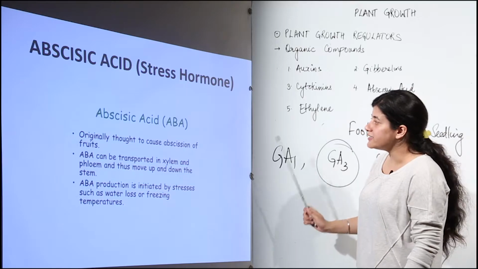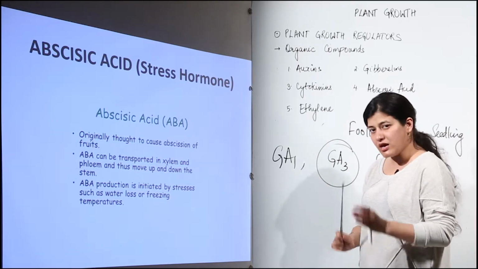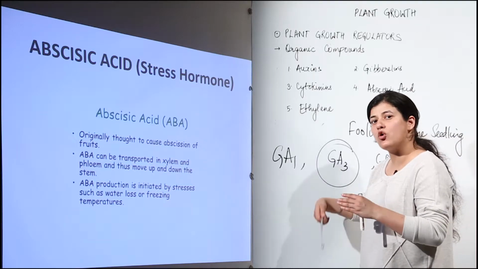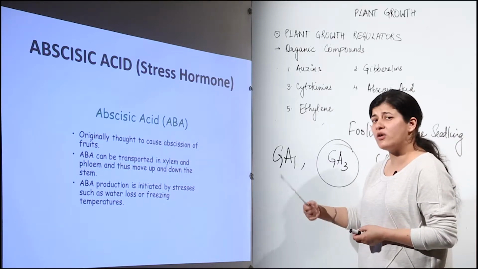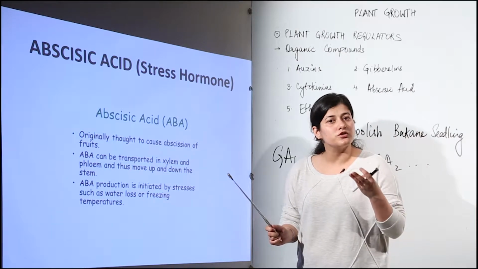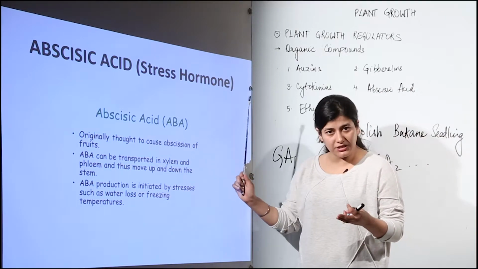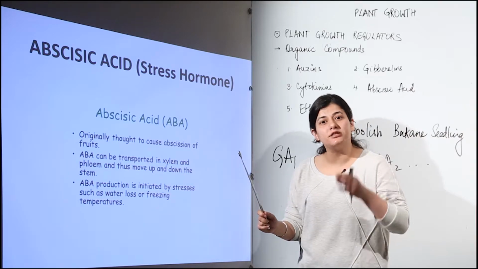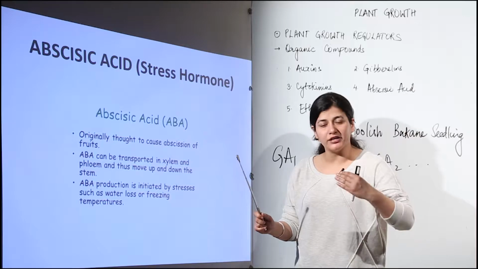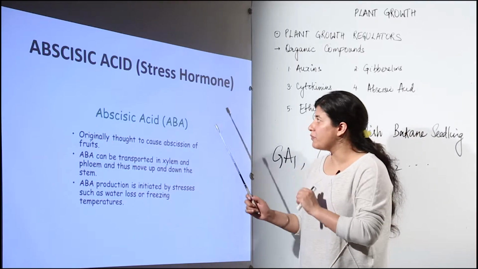Abscisic acid is very important for the plant, because it somehow helps the plant to cope up with the stress. It somehow helps in very important activities of the plant, like the process of dormancy is governed by this particular hormone. The process of abscission, where the plant gets rid of its unwanted organs, those which have undergone senescence, they would be with the help of abscisic acid.